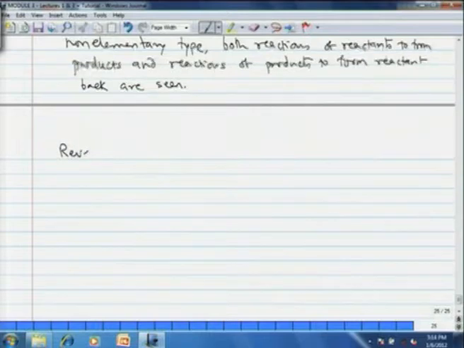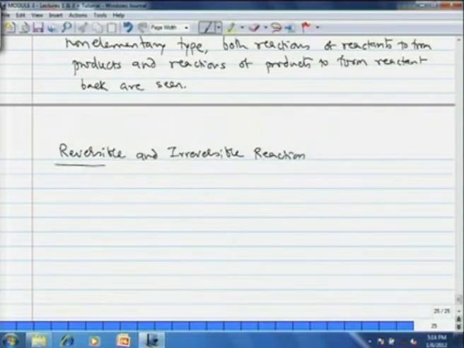Then there is a category of reversible and irreversible reactions. In module 2, the flowsheet synthesis, we have seen how we can handle both types of reactions, taking HDA as a case study. In the hydrodealkylation process, the main reaction of toluene plus hydrogen giving methane plus benzene was irreversible. However, the side reaction, that is 2 molecules of benzene combining to give 1 mole of diphenyl, was a reversible reaction. And we saw how we can shift the equilibrium to the favorable side.